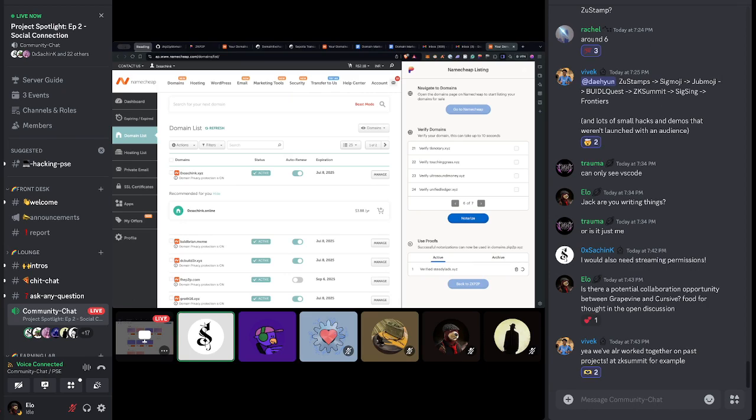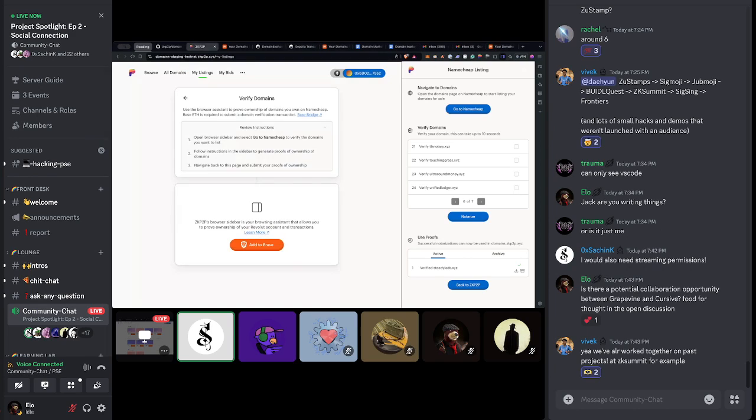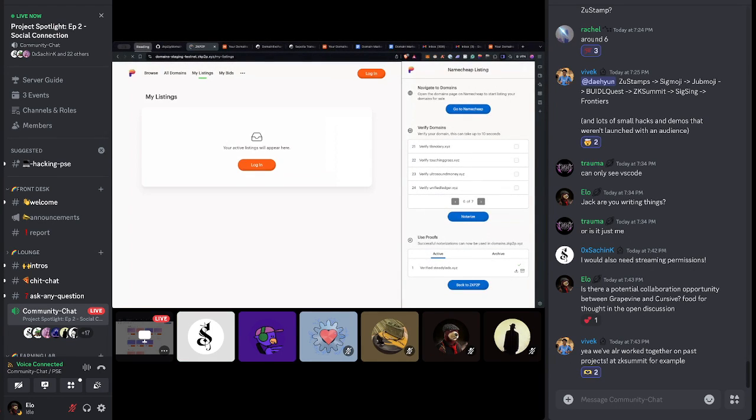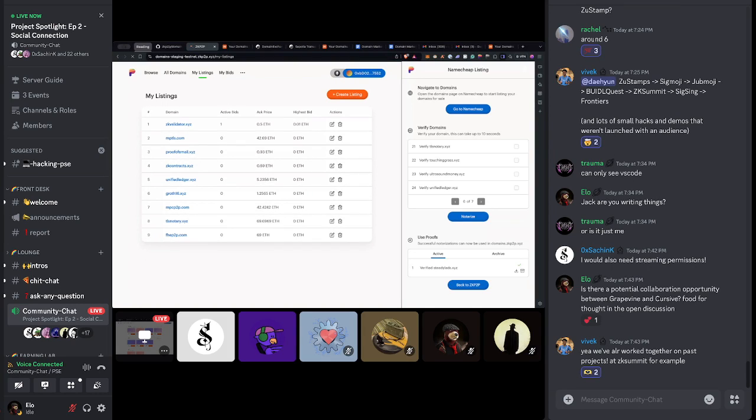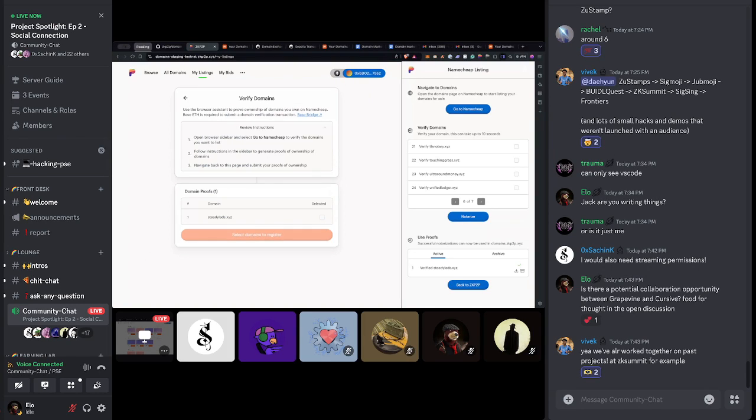I'm generating a zk-TLS proof. It is specifically zk-TLS, not MPC-TLS, because we are using the TLS proxy flow. Cool, the proof is generated. I'll head back to the app. Yeah, I see the proof here, and I will register the domain on chain to claim ownership of the